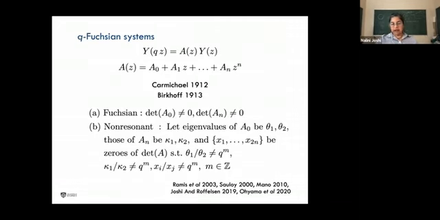And there are some conditions I could go into, but I won't right now unless there are questions, which are the analog of Fuchsian type conditions for Q linear equations. And by Q linear, I mean this type of equation here. And I'm considering matrix equations, 2x2 matrices with polynomial matrix coefficients.